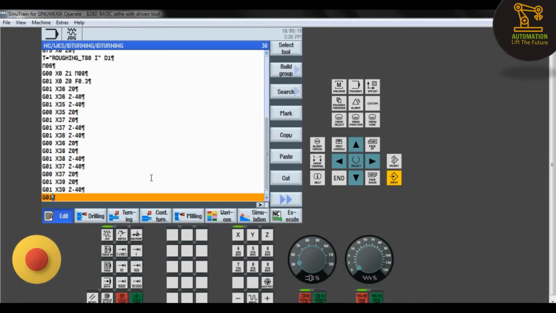And next G01 retraction, so I retract to X38 and Z -40. And after retraction I can go in the rapid motion, so G00 X38 and Z0.